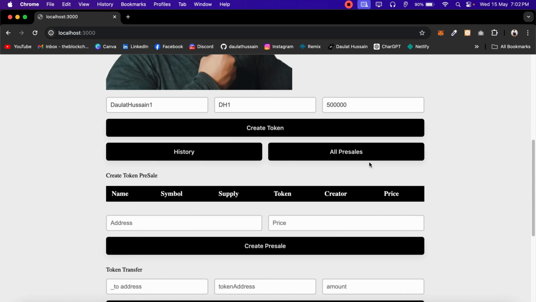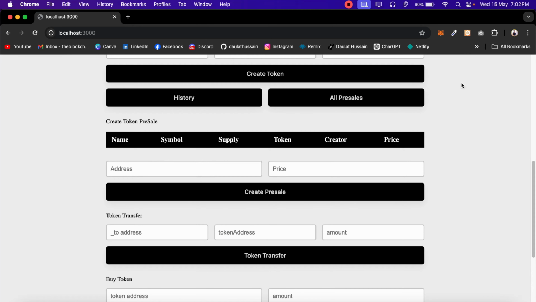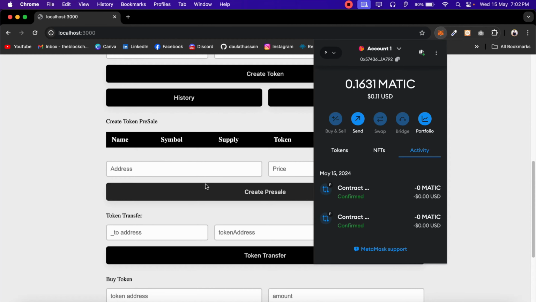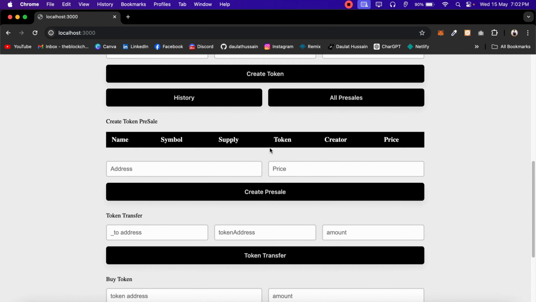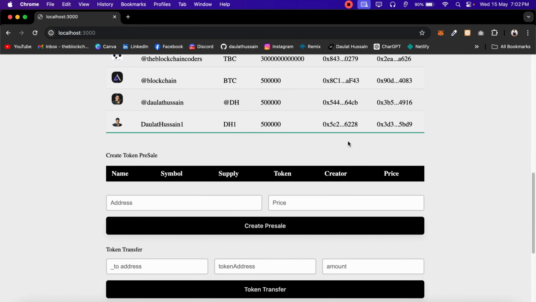If you come back to the pre-sales, right now we have 3, and right now there are no pre-sales with this particular account which I'm using, but in the different account we have 3 pre-sales we have already created. So let's create one more with this latest token. So I'll simply come back here, and I want to simply get the address, copy this one and paste